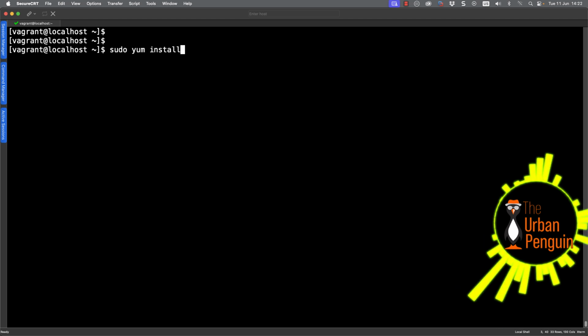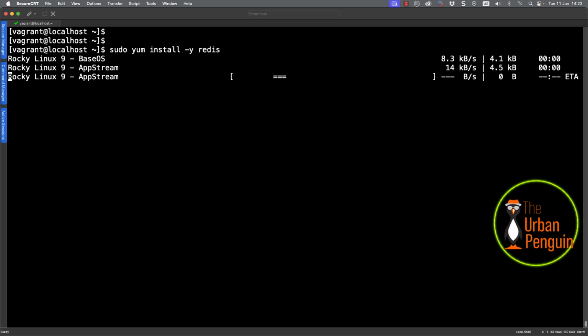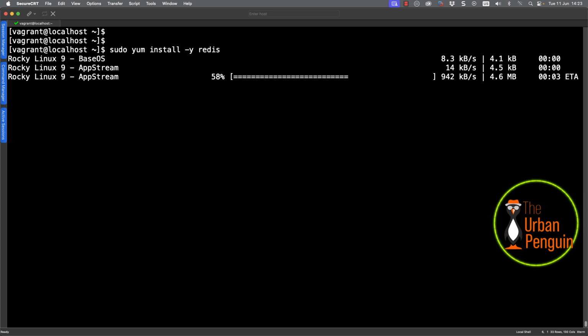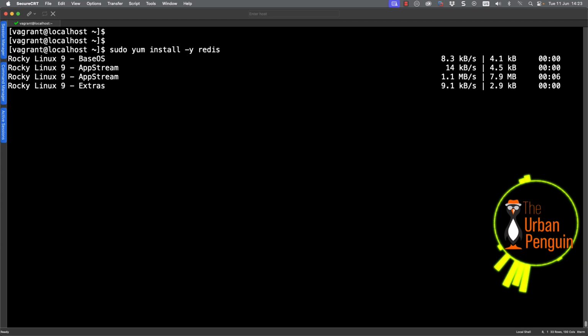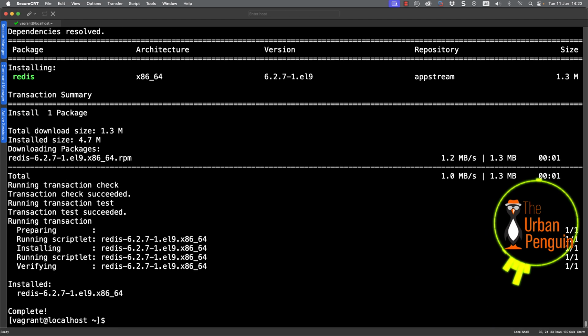So we can use sudo yum install -y, and the package name is redis, and we can allow it to come down. It should come down relatively quickly. But as we then start installing it, it's installed very quickly.